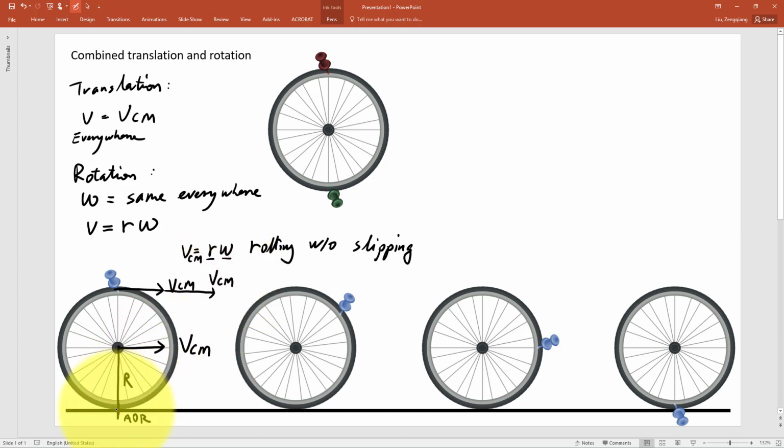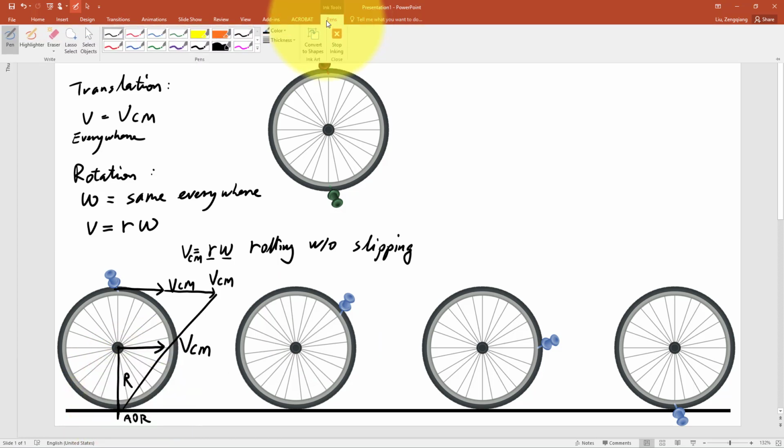So if you look at it right here, velocity scales with how far away you are from this axis of rotation. So the top point with the blue pin moves twice as fast as the axle. So that's why it falls forward, and then it is basically going ahead of the axle in the next photo, right? On the other hand, over here at the bottom